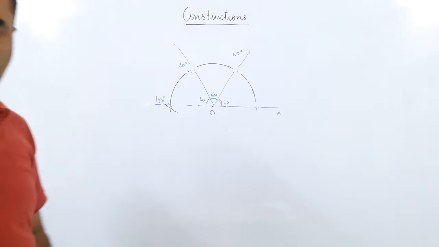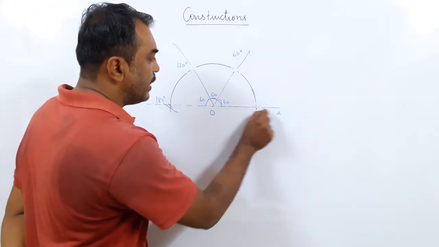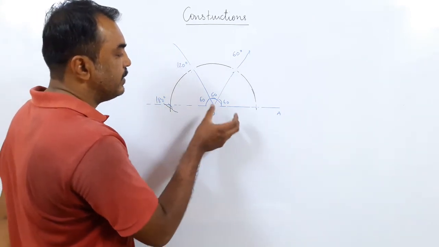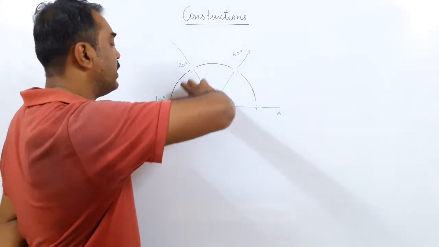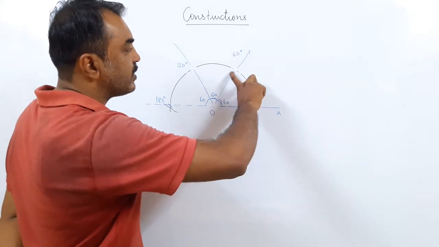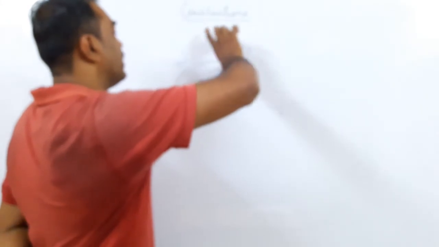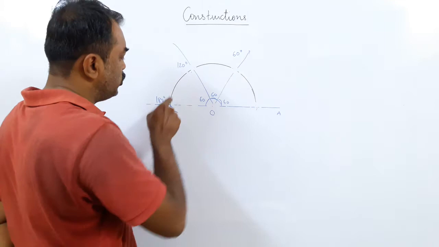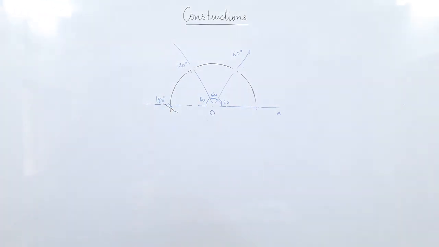So have you understood the construction? I repeat once again. Take your time and do it. Draw a line OA, extend it backwards and call this OB. You can call whatever you want. Then once you have drawn this line, from the center point, draw an arc, a semicircle. Now putting your point here with the same radius, cut an arc here, draw this line. And putting the point in the same radius, cut an arc, put the point, draw the line. And from here, you have to do this and you should get it at 180. If you get it at 180, it means your construction is proper.